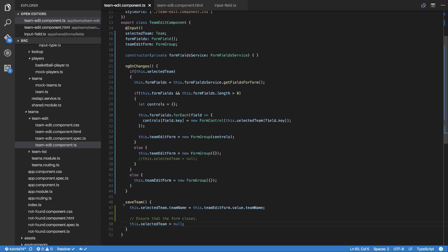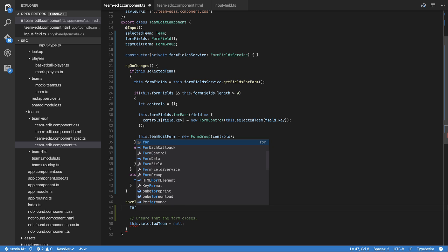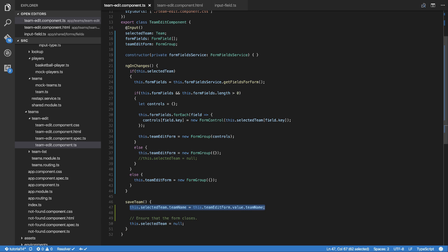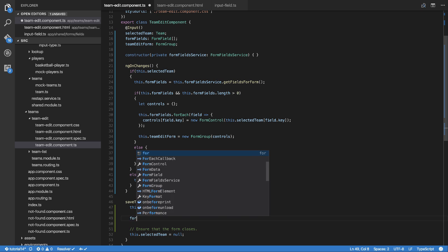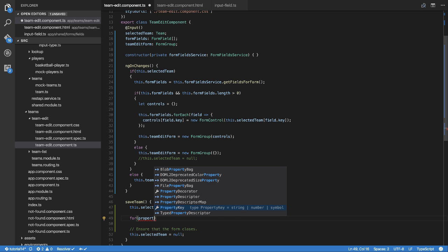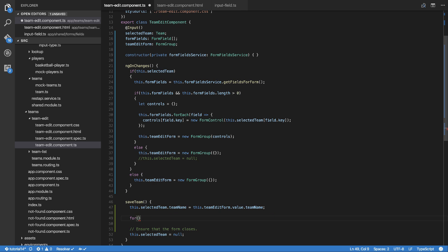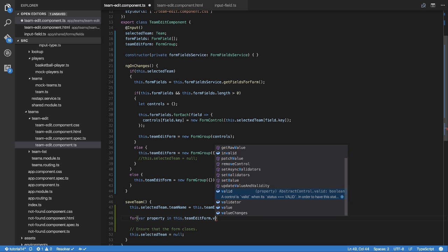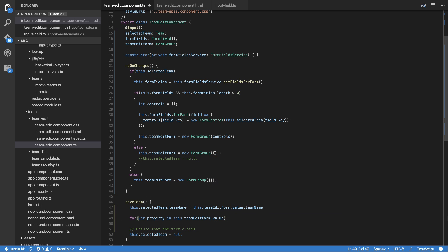So the other way you can do it is, and I've got to remember the syntax, so I'll just leave that there for the minute. So you go for var property in this dot team edit form dot value. So this should go and get each property name. In fact, I should call it property name,